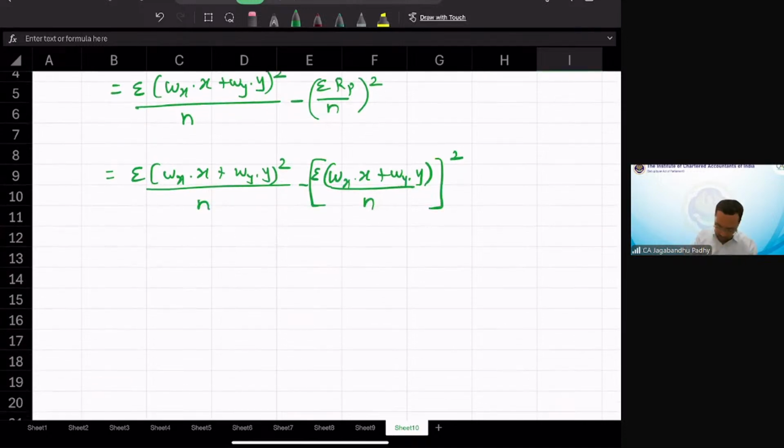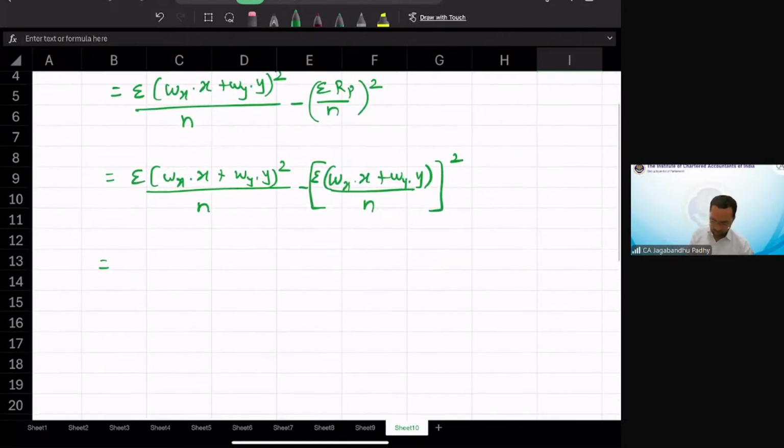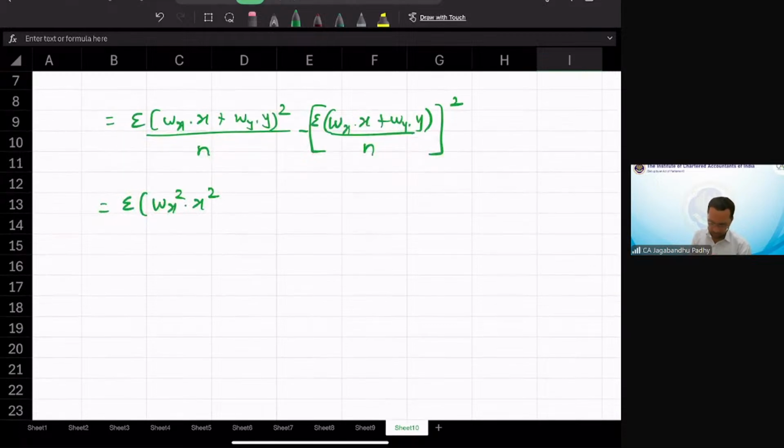And then if you just solve it and open up the brackets, here we can say this particular portion, which is weight of x into x plus weight of y into y, the whole square. If you expand it and we have a square outside, that will be weight of x square into x square, which is simply a plus b the whole square, plus weight of y square into y square, plus 2 into weight of x, weight of y, x and y, and then this whole thing divided by n